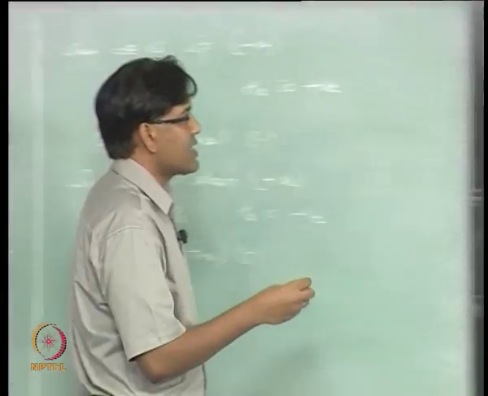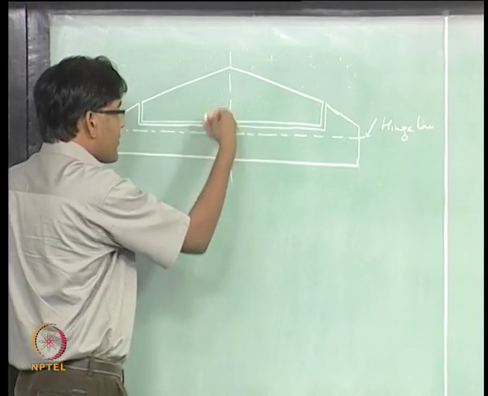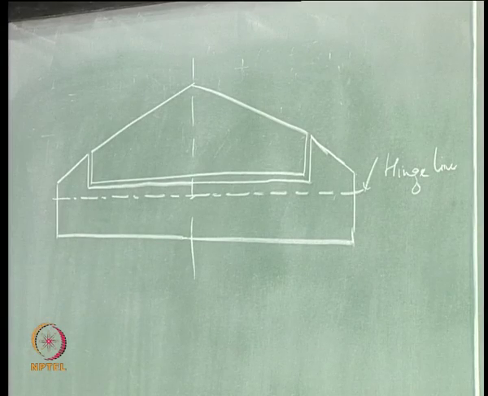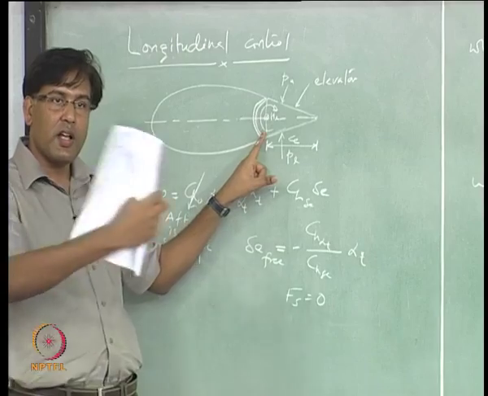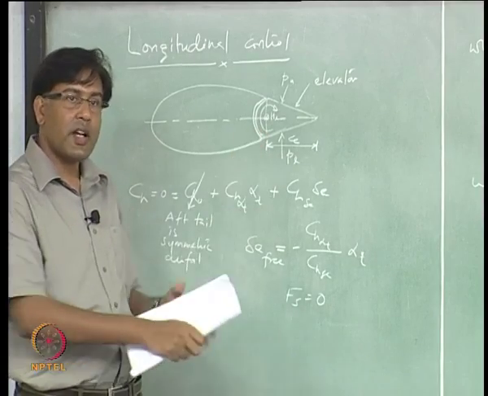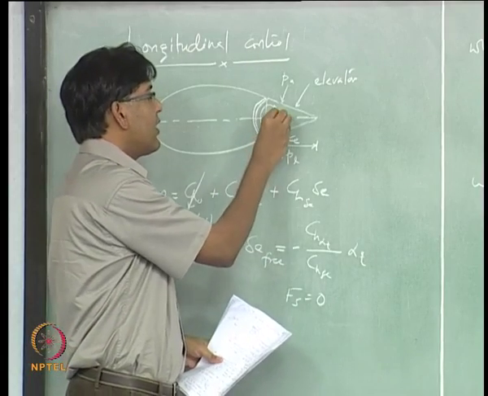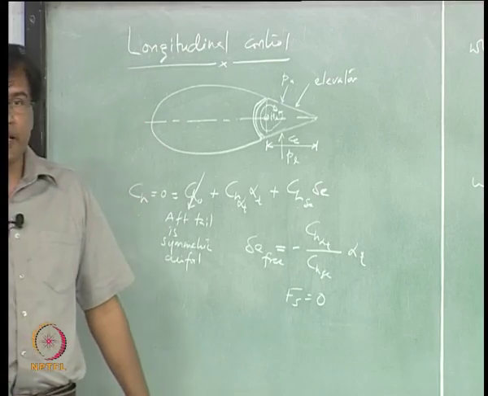So if you extend this part in front of this hinge line, forward of the hinge line, that part is going to give you a negative moment. So when HE is being created because of this part, this other part of the flap or the elevator which is ahead of the hinge line is going to create a moment in the opposite direction. So it is negating that effect,